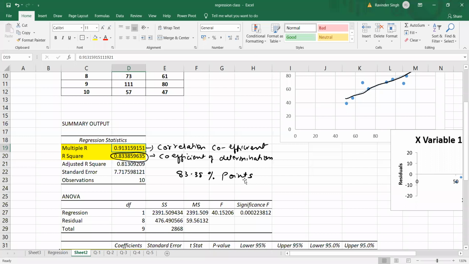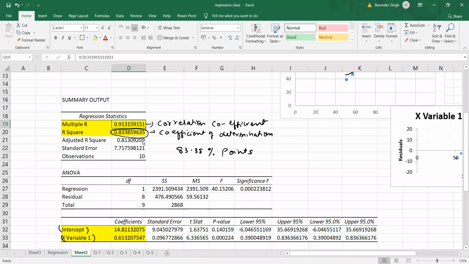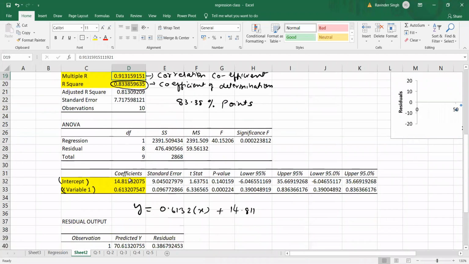Okay, so this we call the coefficient of determination. In advanced courses of regression analysis, we have different formulas for calculating R square, which we will discuss a bit later. Now you can see that we have the coefficient, intercept and x values which we have calculated. Don't forget that in the equation a plus bx, b represents the slope and a represents the intercept.